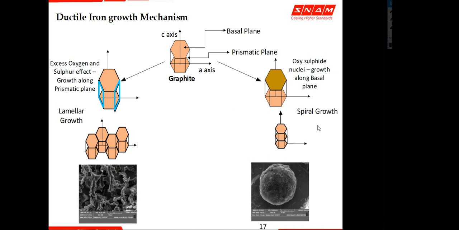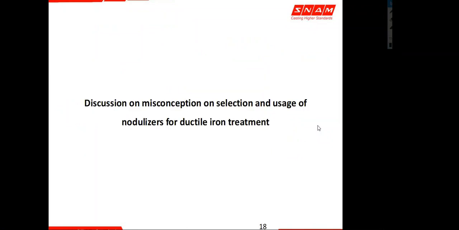So the difference between the left and the right, the round nodule and the vermicular type graphite, is just the excess oxygen and sulfur. And if this oxygen and sulfur is left over, unreacted or uncombined, it starts giving you vermicular graphite. So this is why care has to be taken that there should not be any excess sulfur left over, there should not be any excess oxygen produced inside the metal during processing, so that you add all the elements such that it combines and forms compounds which are favorable for the nucleation.